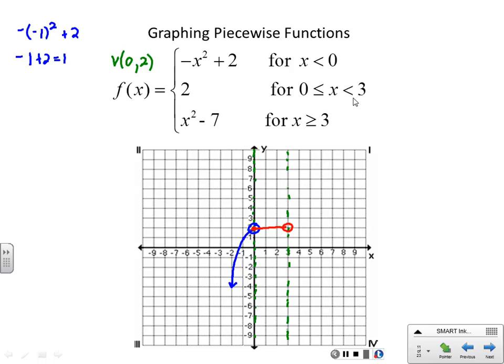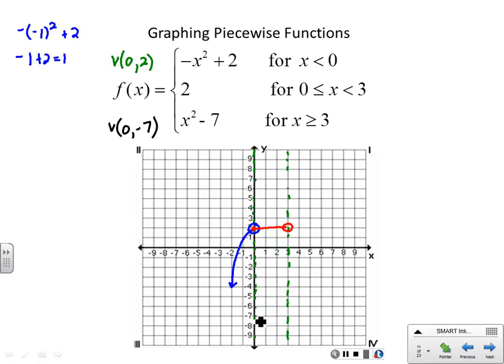Because that's where our domain is. All right, so let's look at this one. This one, again, we have a parabola. The vertex here is going to be 0, -7. But this time, we can't use 0 because all of our x values have to be greater than or equal to 3. So if we could use 0, then we know that it would be way down here somewhere, but